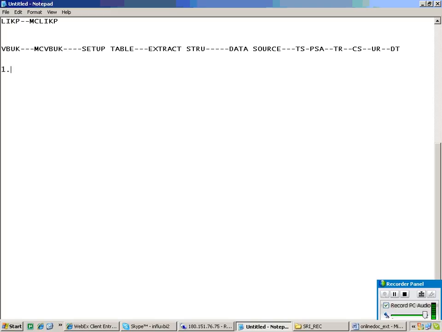COPA is a generic extractor. In COPA, we are creating the data source on what? The operating console, right? Operating console is configured by whom? The CO consultant. So whenever he configures the operating console, then only those tables are generated and the data is updated to those tables. So that is not a standard table. That is a generic table which is created by the system while creating the operating console.